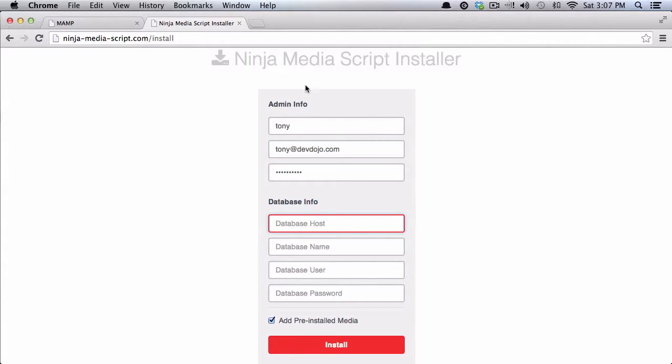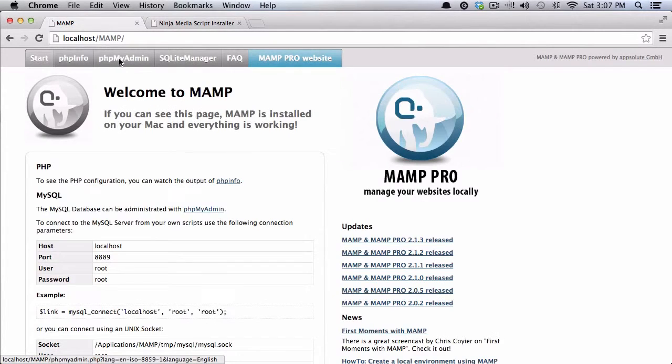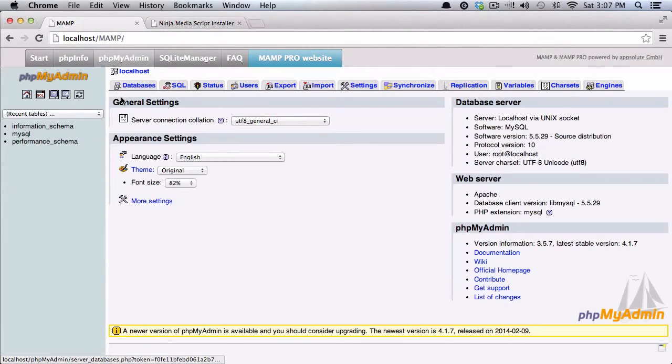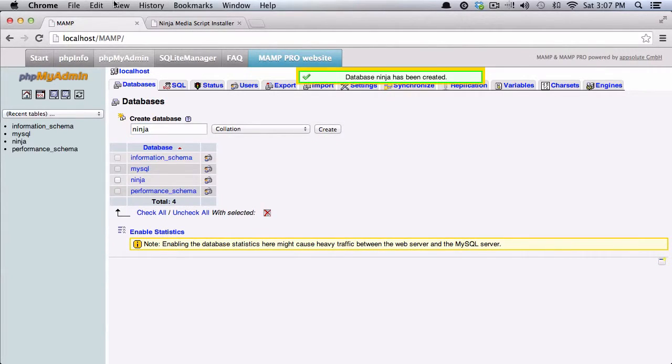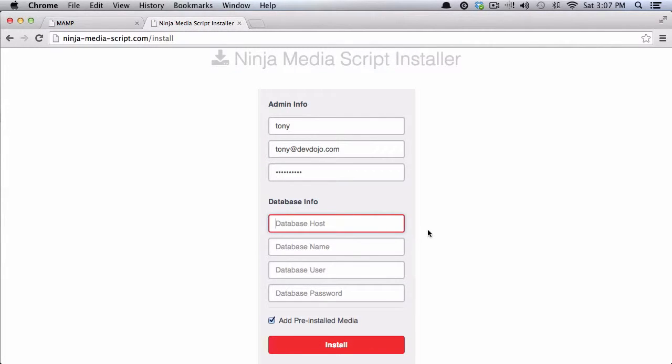If you haven't created a new database yet, then you'll need to go into your PHPMyAdmin, or whichever kind of SQL interface you're using, and add a new database. If you've installed a version of WordPress, you should be pretty familiar with this process. I'm just going to call this database Ninja. After I've done that, I'm going to go back in here and fill in my database info: localhost,